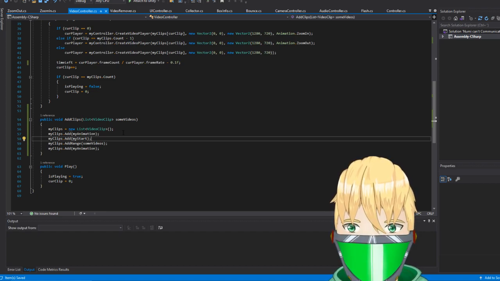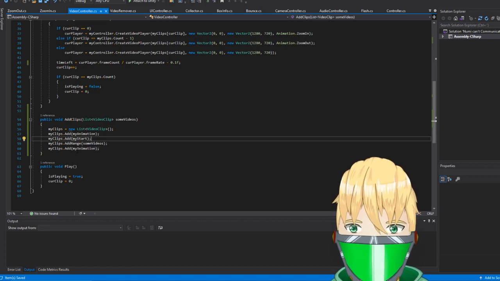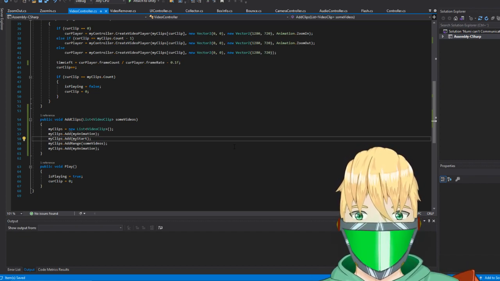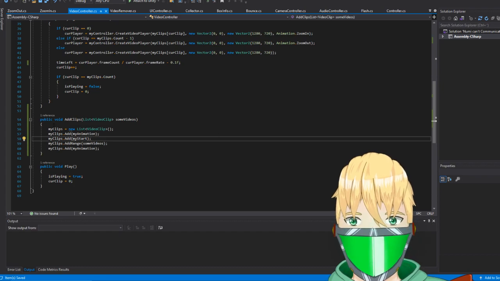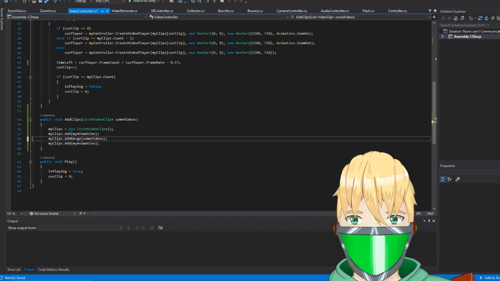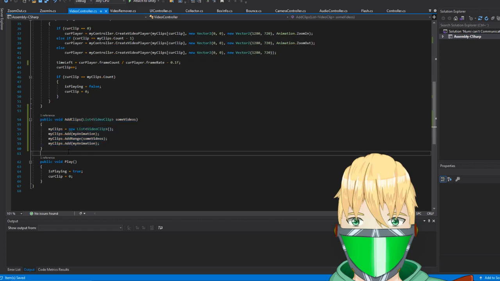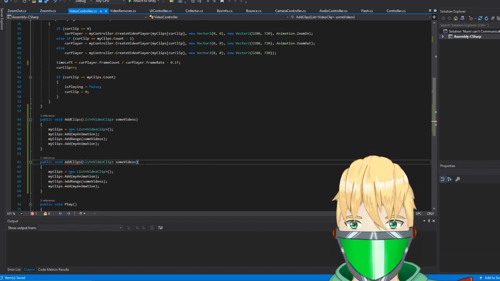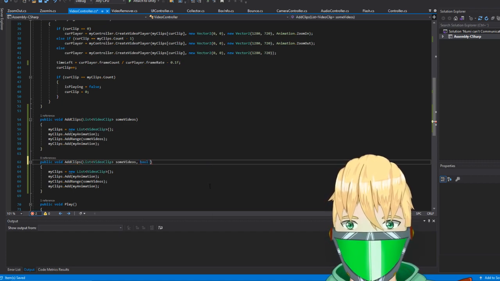So I think we want to make a different one. Instead of like this, we can have an add clips. We can have a bool saying is correct.